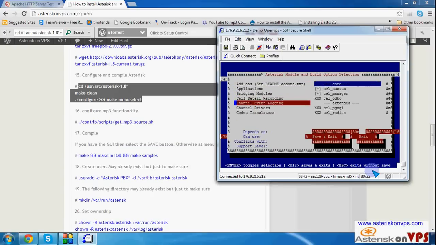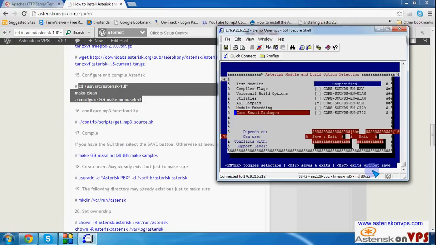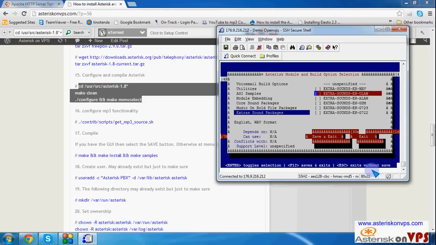Okay, now we go to sounds, core sounds. Let's select ULAW and ALAW and GSM, which is the default. On music on hold, we can leave it as wave. Extra sound packages, we can select ULAW, ALAW and GSM. Right,